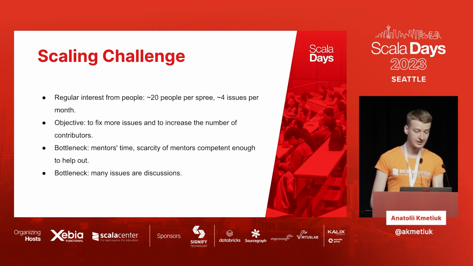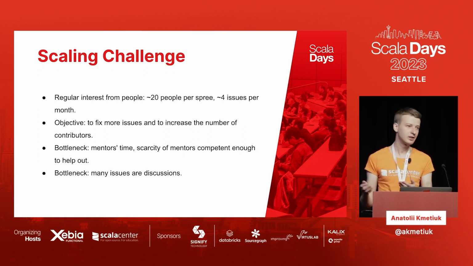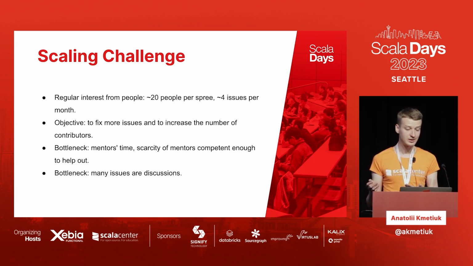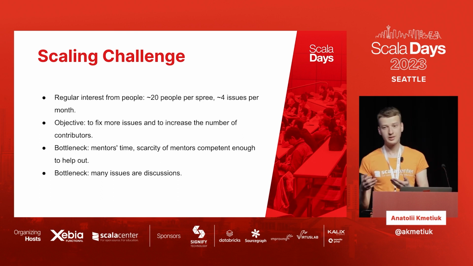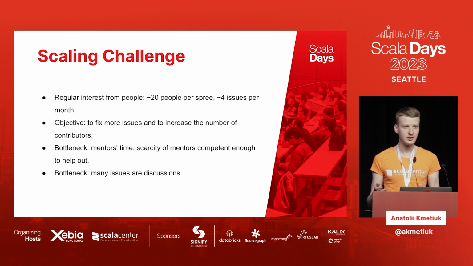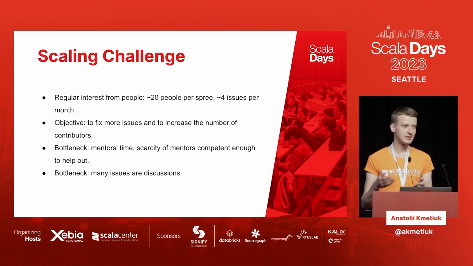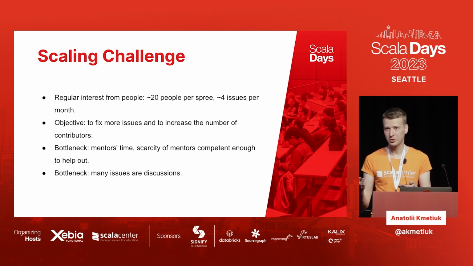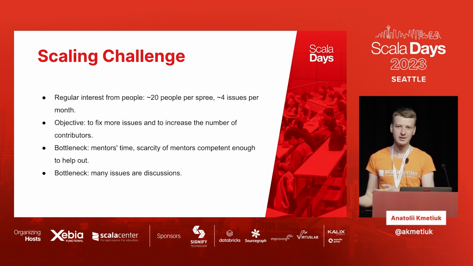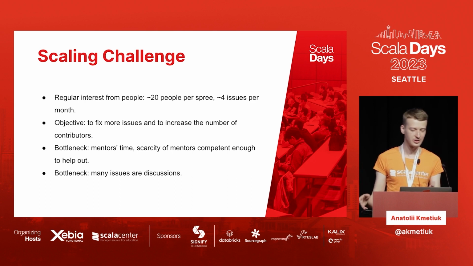Another bottleneck is that the assumption of scaling people, scaling the issue output, is not correct, because in practice that's not how it works. Most of the issues, not most of them, but a significant chunk of them, are discussions. It means that they're not straightforward. By not straightforward, I mean that sometimes it's not even clear from the theoretical perspective how it will work. If it is something in the type system, we do not have the type theory covering the entirety of Scala, how it works.